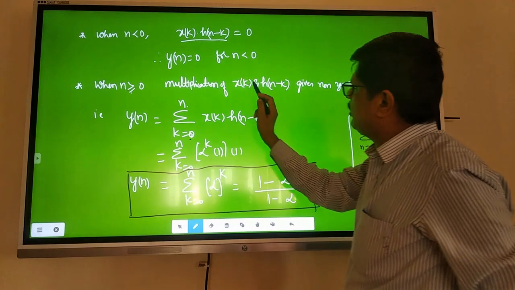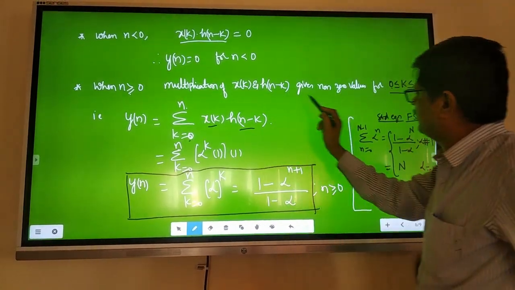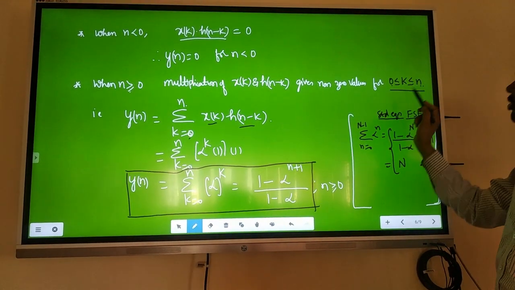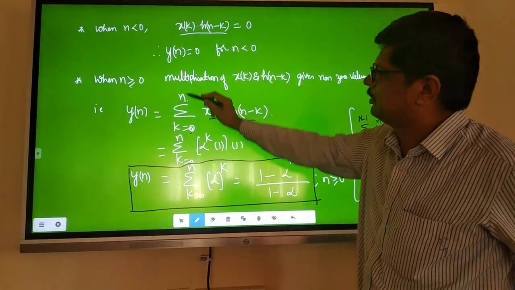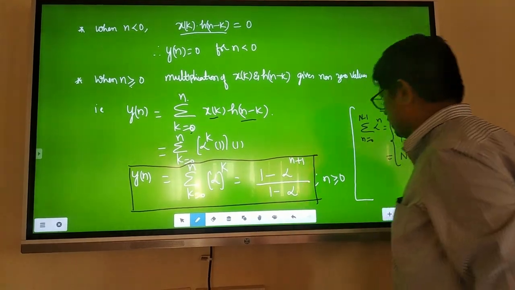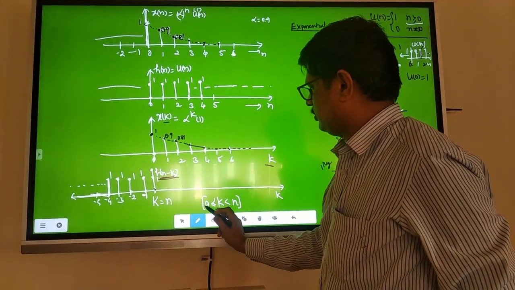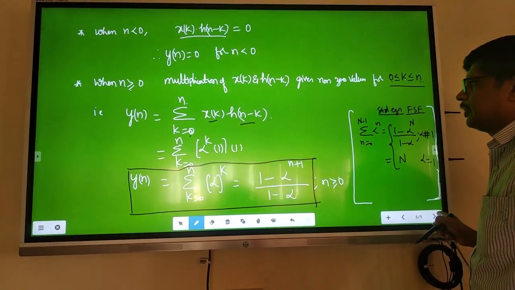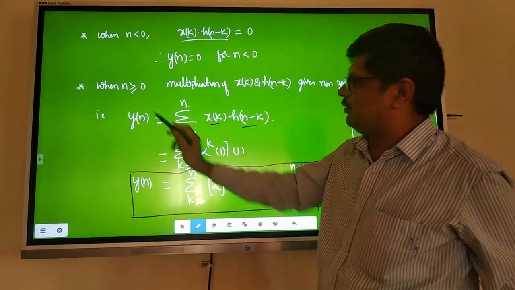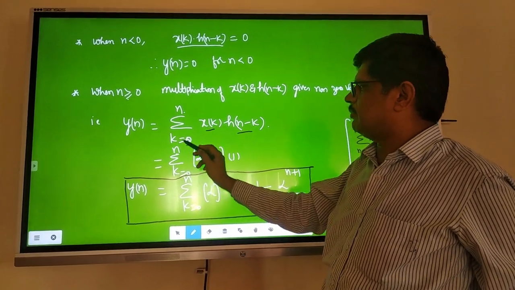When n is greater than or equal to 0, the multiplication of x of k and h of n minus k gives non-zero values for k varying between 0 to n. Now see this 0 to n. Therefore, the equation becomes y of n is equal to summation